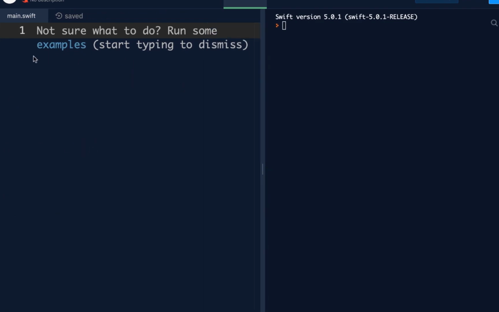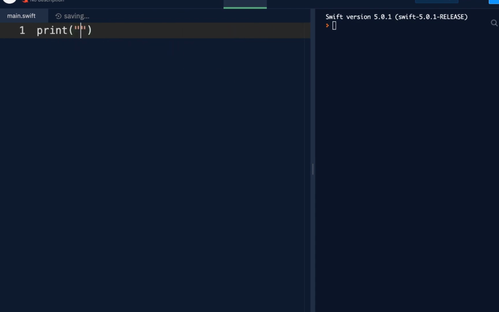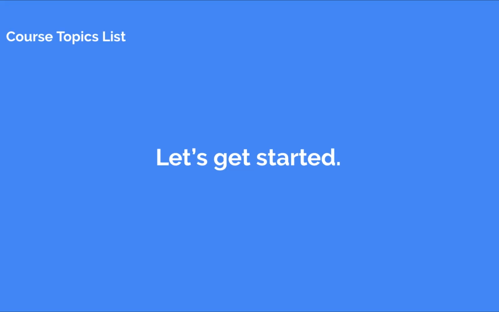Then here in the center, you have the file main.swift in this case, where you can type anything and it will print out to the console, which is on the right side. All you have to do is hit run, and there you go. You can see it being printed in the console. So as you can see, REPL is extremely useful. No downloading or installing of any software. All you need is this website. That is everything you need to know to get started.